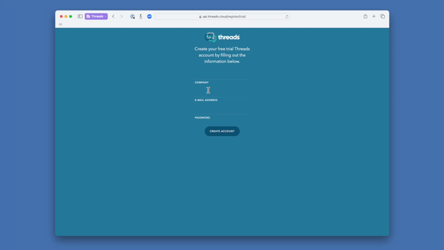Submit this form and you'll then be taken to a page which allows you to create your actual Threads account. So this form just requires a company, an email address and a password. You'll be sent details of how to log into Threads to the email address that you provide here, so make sure you put the right email address in. Once you've filled in the form, click to create your account